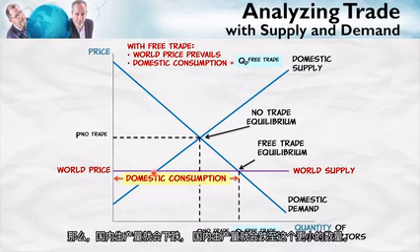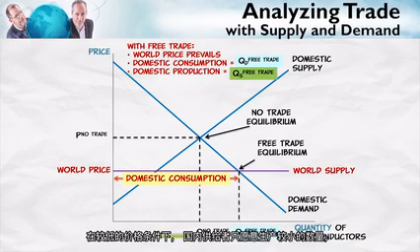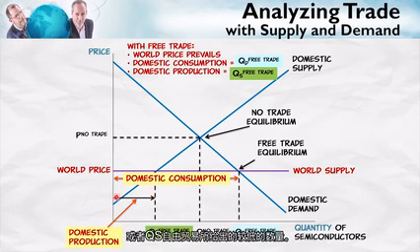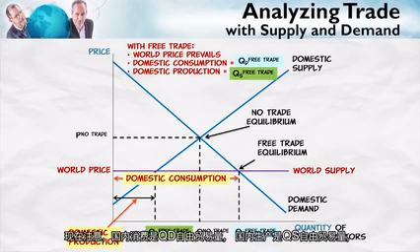So the domestic production will fall. Domestic production will fall to this lower amount right here. At a lower price, the domestic suppliers are only willing to produce a lower amount, as given by QS free trade. Now notice that domestic consumption is QD free trade, domestic production is QS free trade, and